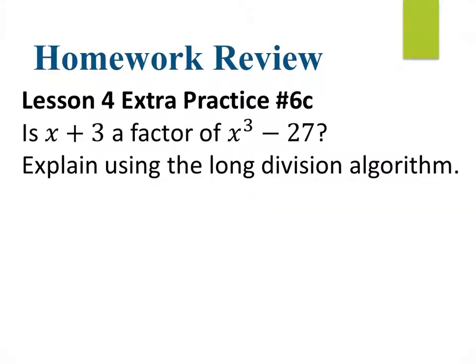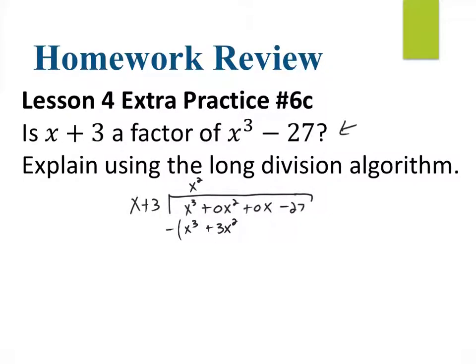One more. We want to know if x plus 3 is a factor of x cubed minus 27. And so we can explain this using the long division algorithm. Notice that I've got missing place values. I probably want to put in zeros for that, so I would do x plus 3 being divided by x to the power of 3 plus 0x squared plus 0x minus 27, just so that I have all my place values in there. So x squared makes it x cubed, and 3x